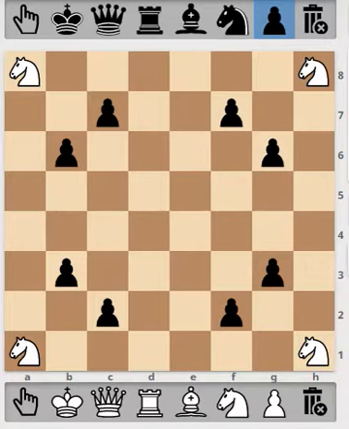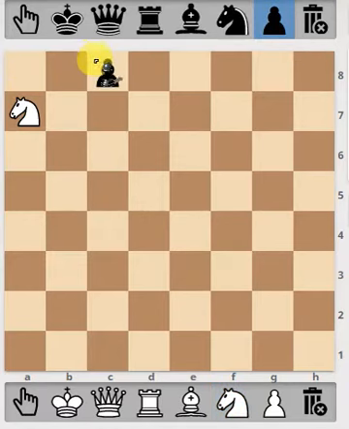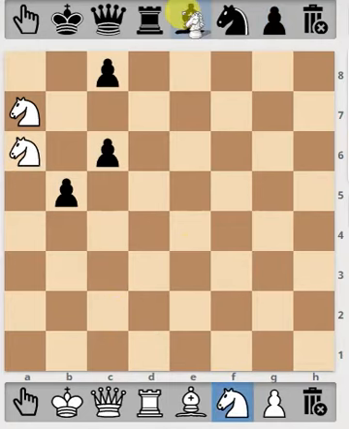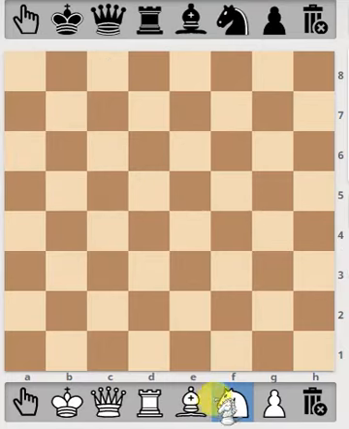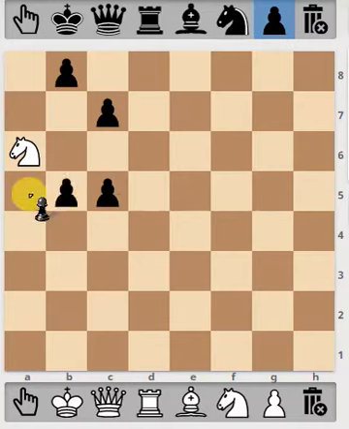Let's move to the edge. On the edge, the knight will vary a lot. For example, if you place the knight on this edge, it can move to 1, 2, 3 squares. Let's move the knight here. Previously we placed it here, so it moves to 3 squares. Now if you place it here, it will move to 1, 2, 3, 4.